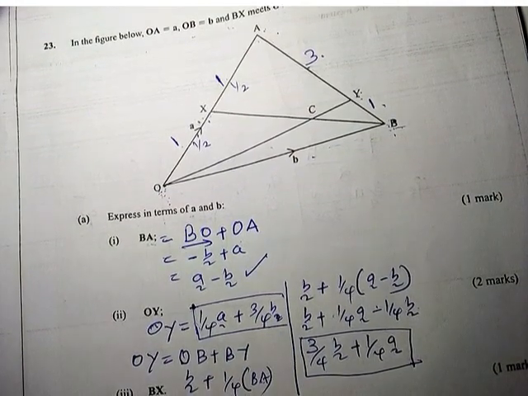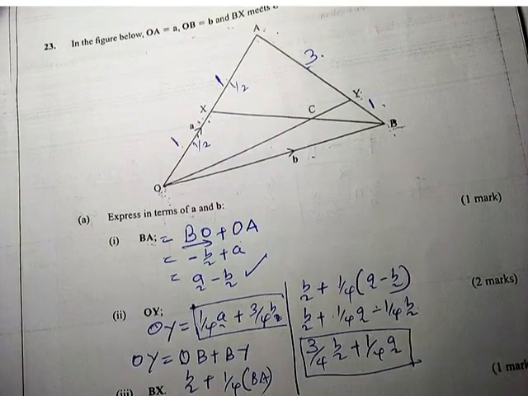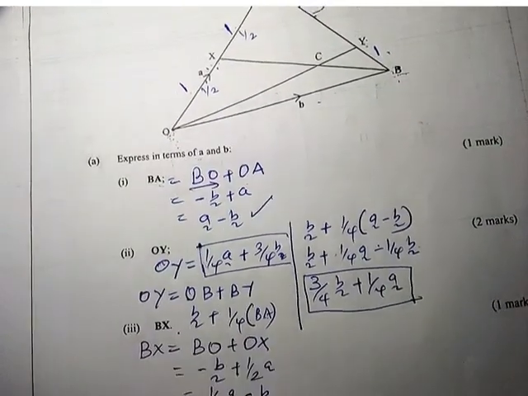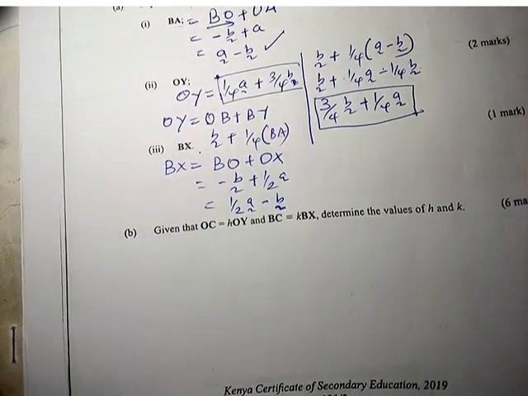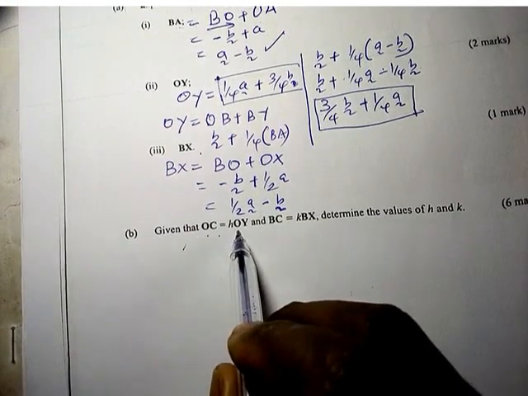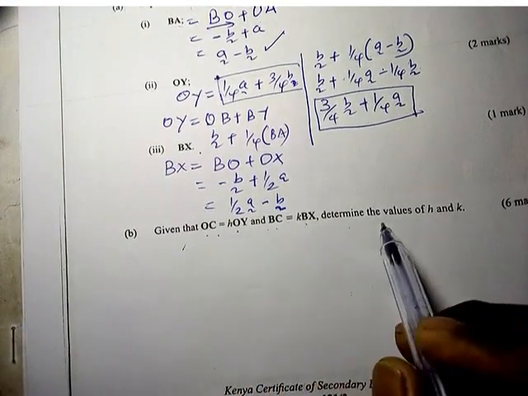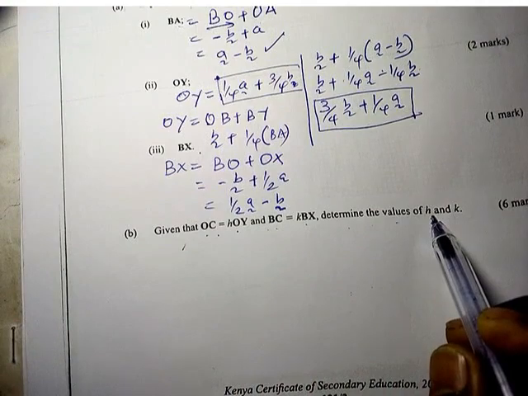This one is the same as 1 over 2 A minus vector B. And that is all. Now, given that OC is this and BC is this, determine the values of H and